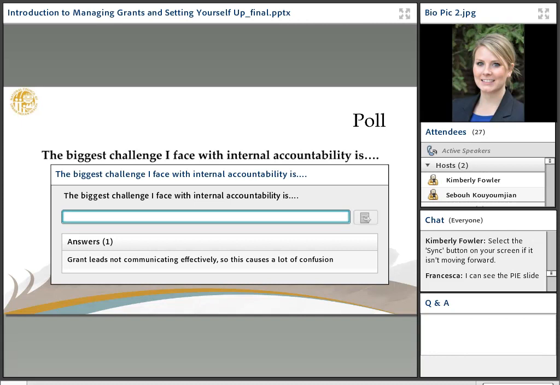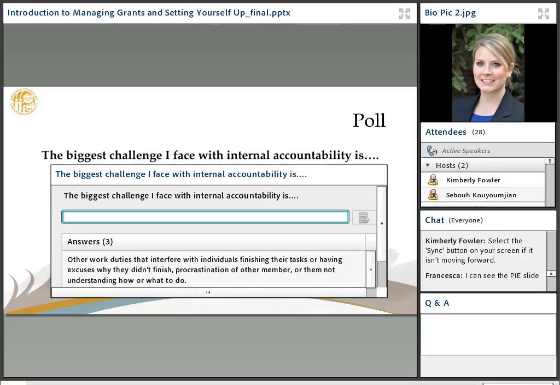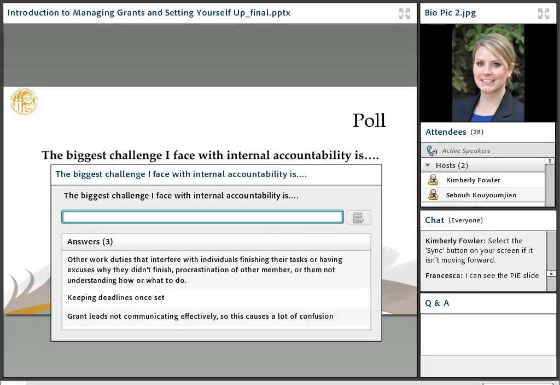Give about one more minute in case folks want to share others. Other work duties that interfere with individuals finishing their tasks, or having excuses why they didn't finish, procrastination of other members, or them not understanding how or what to do.